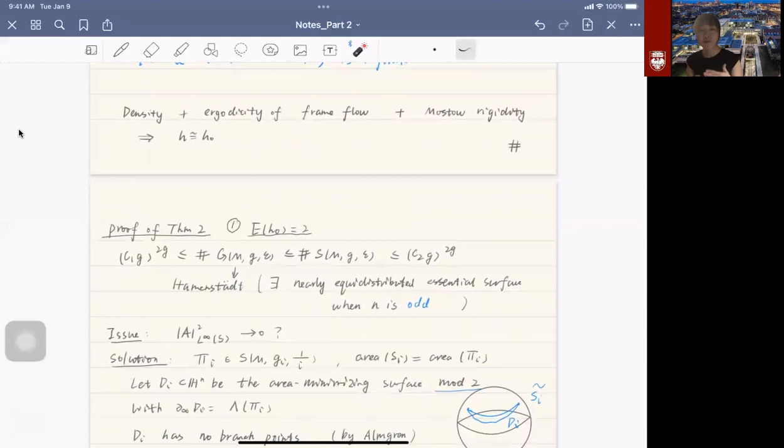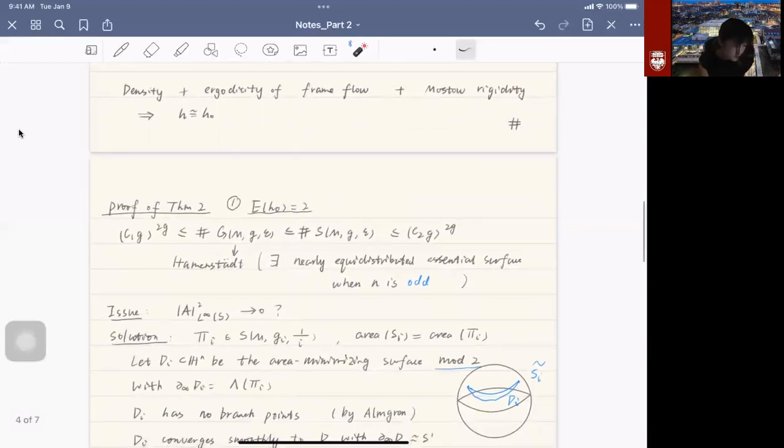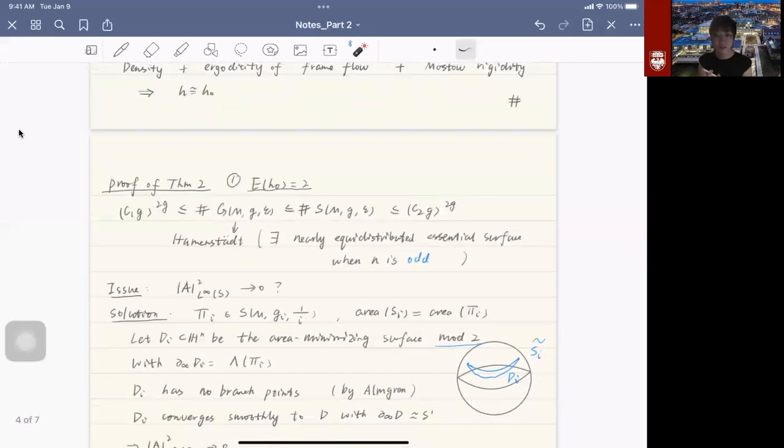Now, in my theorem, when the dimension is higher, I want to talk about the difference in the proof. Firstly, we also want to see the minimal surface entropy of hyperbolic metric is equal to 2. That's independent of the dimension. And we have this similar result. The cardinality of S is also bounded from above by this quantity. And of course, C2 depends on the dimension. And on the other hand,